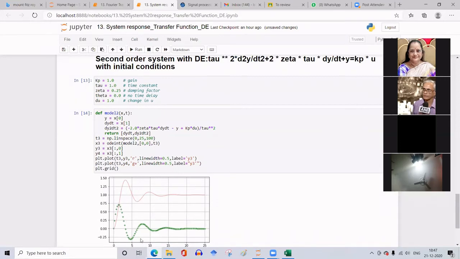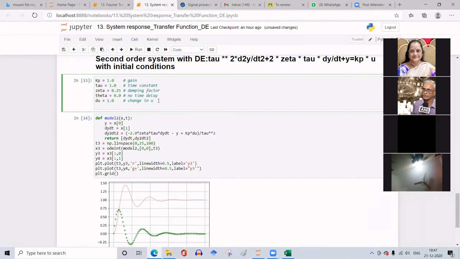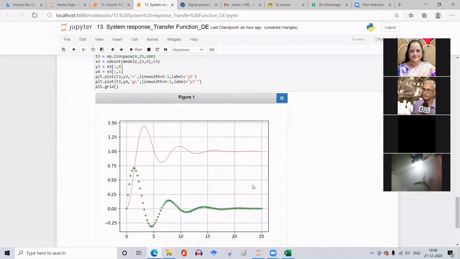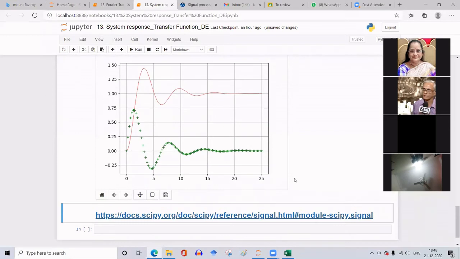So now if I run this using an interactive plot, let me import matplotlib notebook, so that this became an interactive plot. Now you can measure the slope.